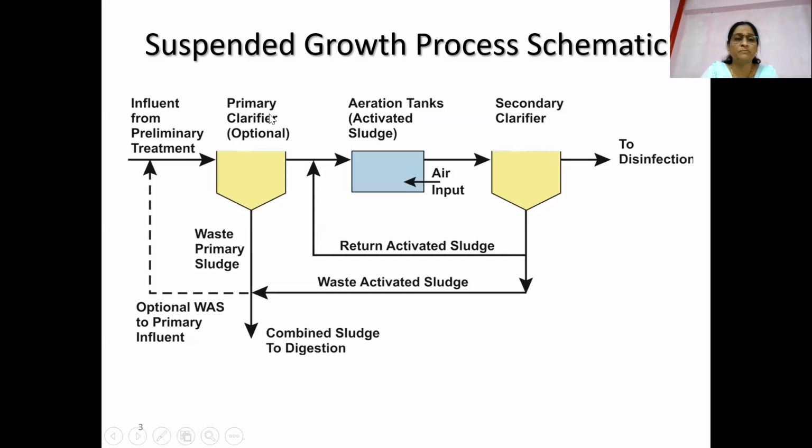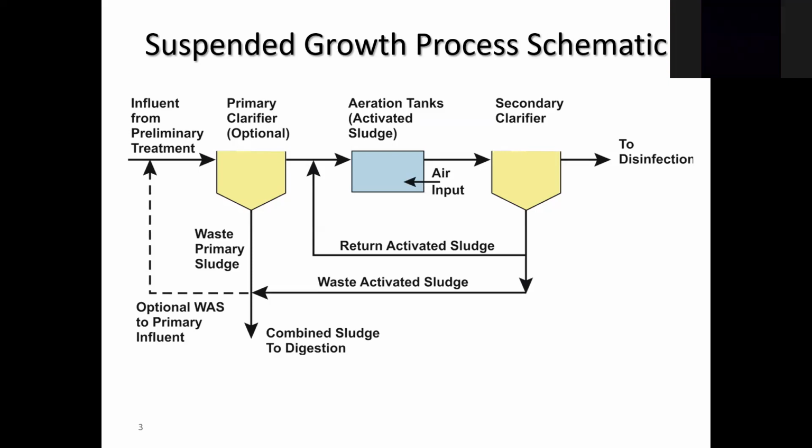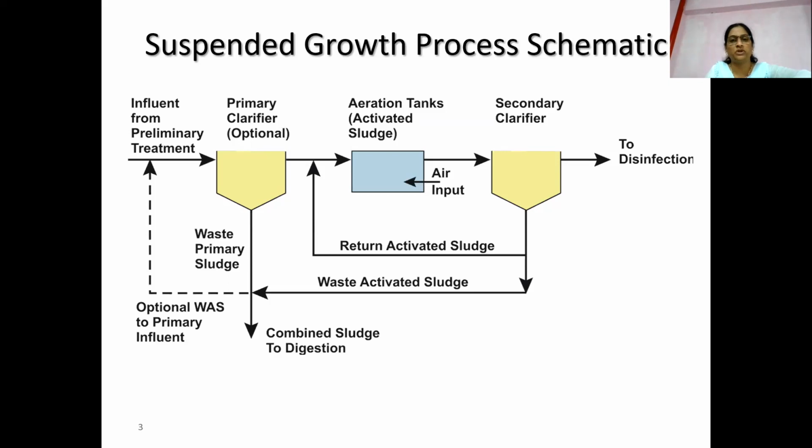So this is a primary clarifier. After the primary clarifier, wastewater will move towards the aeration tank. In the aeration tank, a huge amount of atmospheric air can be added. Aeration usually can be performed with the help of surface aerators. There will be rotors with blades arranged on them, rotating at the surface. While rotating at the surface, it will stir the water, and because of the stirring, the maximum amount of atmospheric oxygen will dissolve into the wastewater.